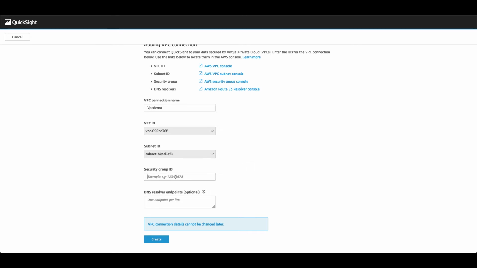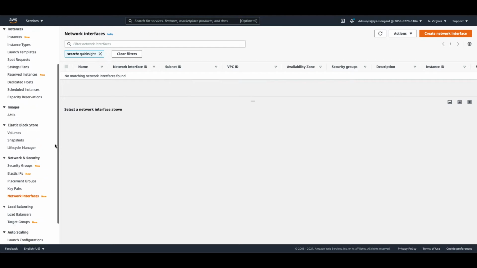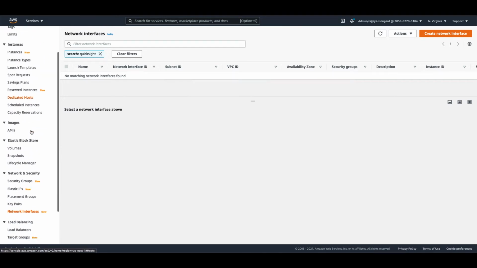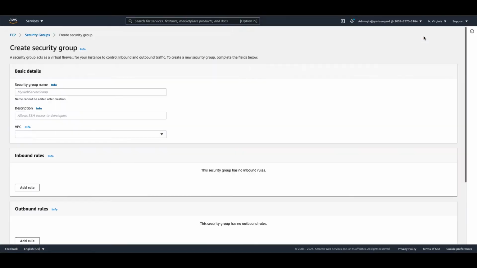The security group ID that I provision here will be associated with the ENI of this VPC connection. To implement this, I will create a new security group. I'll go into the EC2 console. I'll go into security groups, and I will choose create new security group.